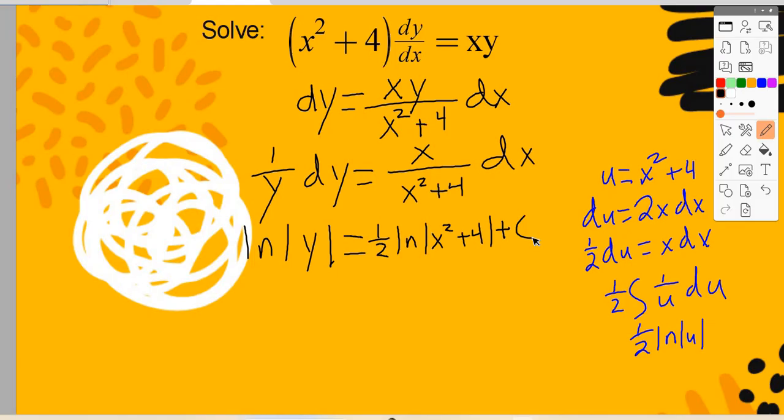So again, what could I do to simplify this? Exponentiate to e. Okay, so I'm going to have y equals, again, to simplify, I would need to bring my 1/2 up to an exponent. And we would also multiply by an e to the c, which just becomes our c in front, times the square root of x squared plus